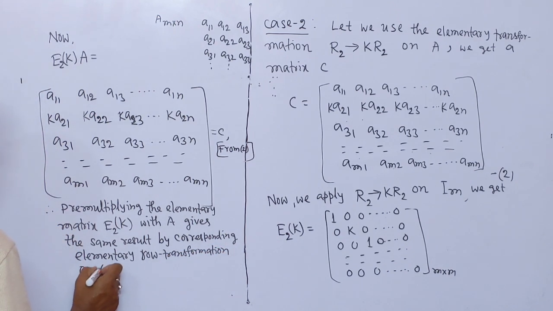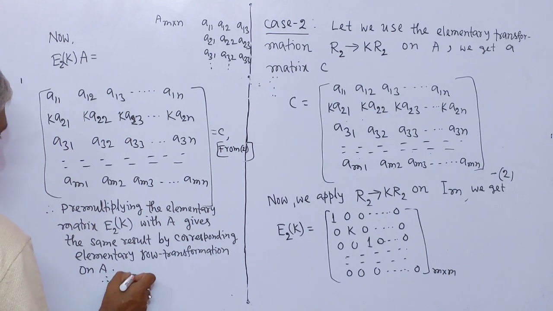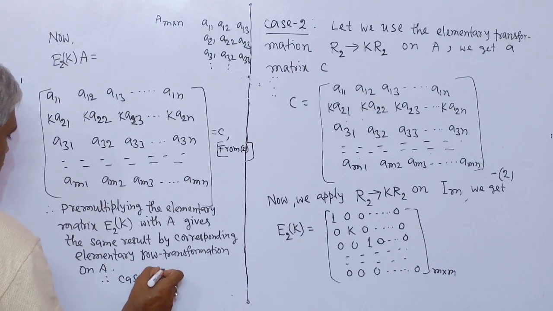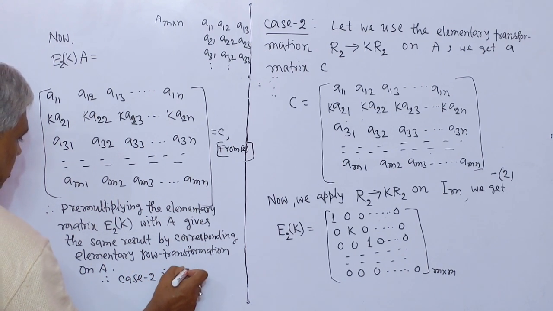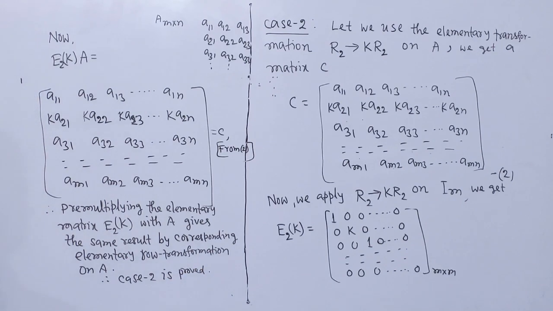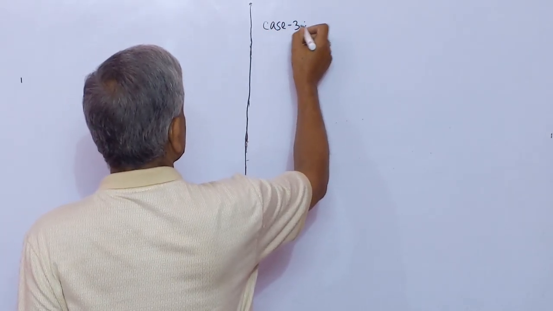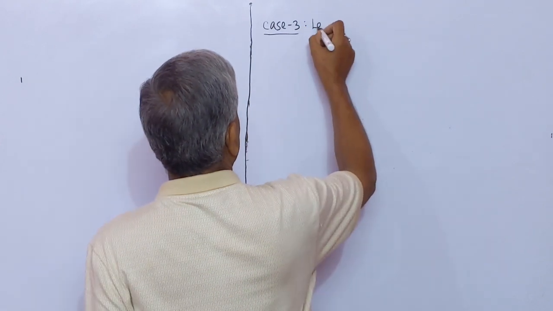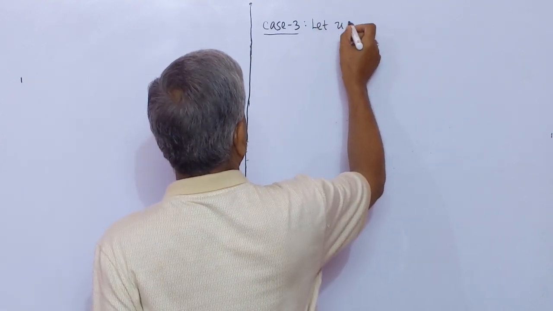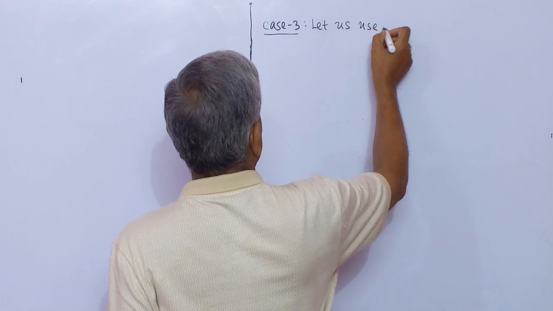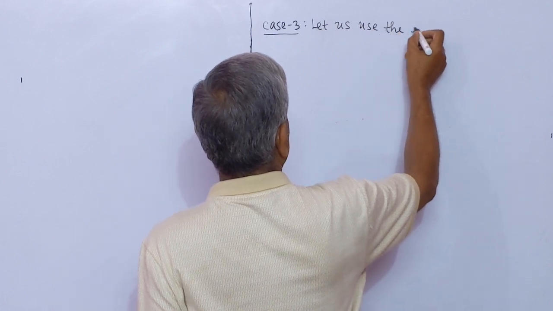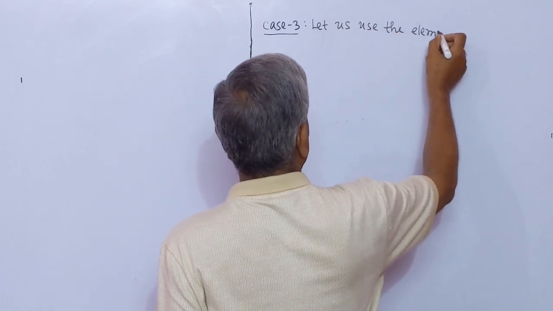On A. Therefore, case 2 is proved. Case 3. Let us use the elementary row transformation